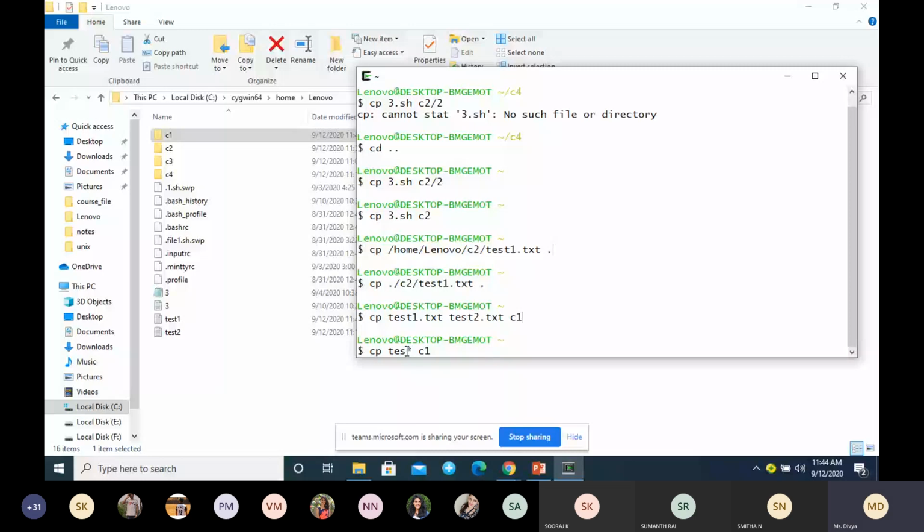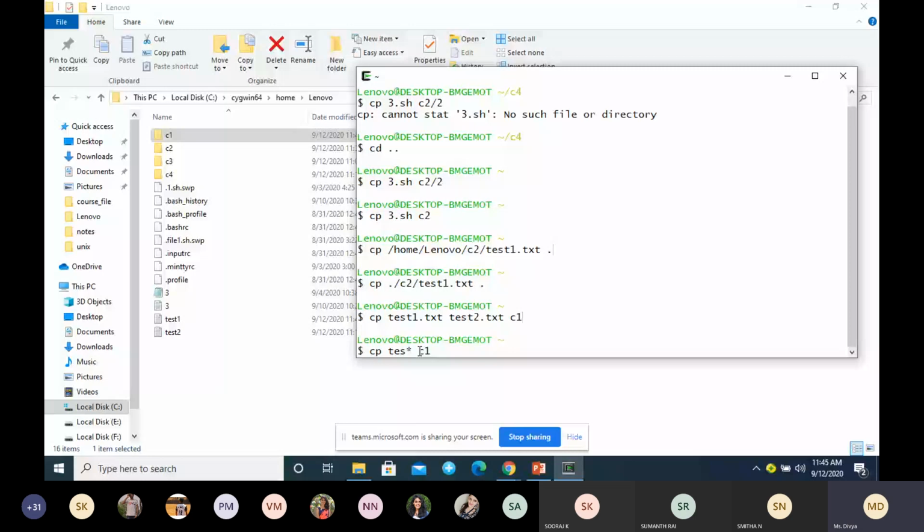So it is called a wildcard. Make a note of this. It is called a wildcard, or metacharacter, star, which indicates zero or more characters. So the file name can be test1 or just simply test, or it can be testABC, or test123.